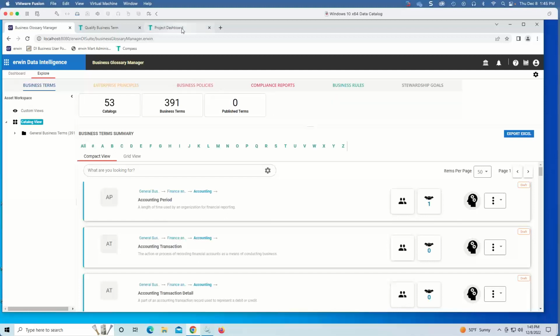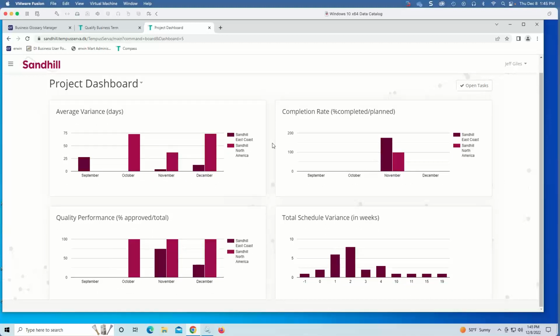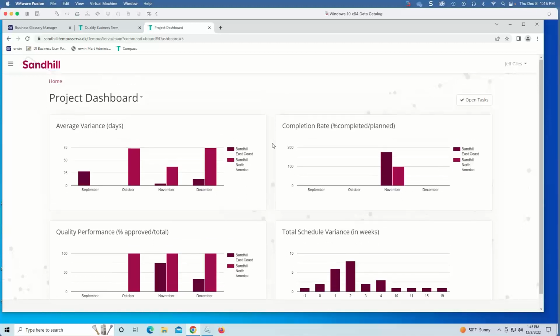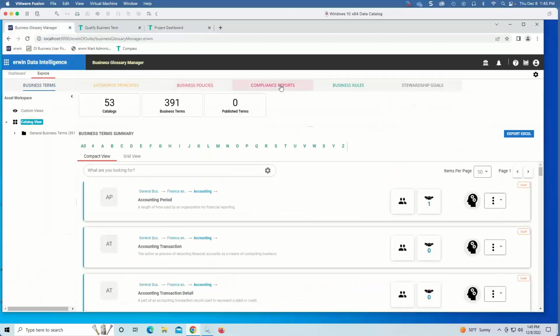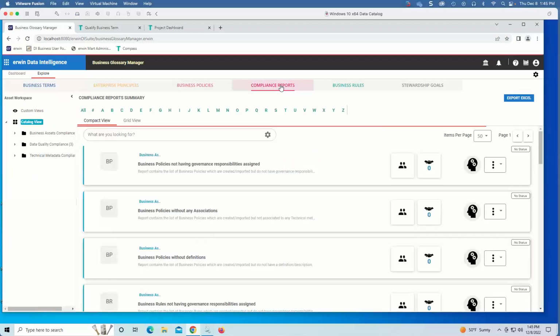So one of the things that you can see inside of Compass was that there are some graphs and charts around completion rates and schedules and performance that might influence your data cataloging efforts. And you can build within this product compliance reports. So different kinds of compliance reports: business asset compliance, data quality compliance, technical metadata compliance,